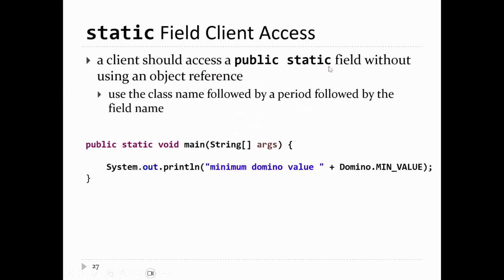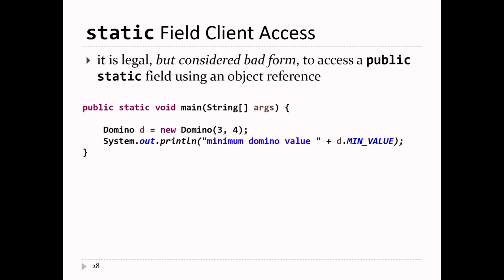When you're accessing anything that's static, you always use the name of the class. So if I want to access min value, I write Domino.minValue. We've done that before. In the Math class, if you want pi or e, it's Math.PI and Math.E. So pi and e are both static fields in the Math class. Now, unfortunately,